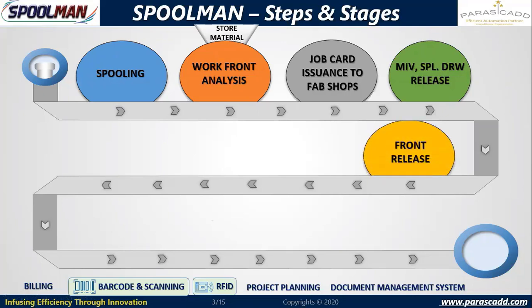So when we say front release, I am saying to contractor 1, I have issued 50 spools. These 50 spools are equivalent to, say, 1500 inch dia. And for all those 50 spools, 50 spool drawings are issued and a material pick list has been given, and this material has been picked from the warehouse. And this is called front release. Now the contractor can start his fabrication.